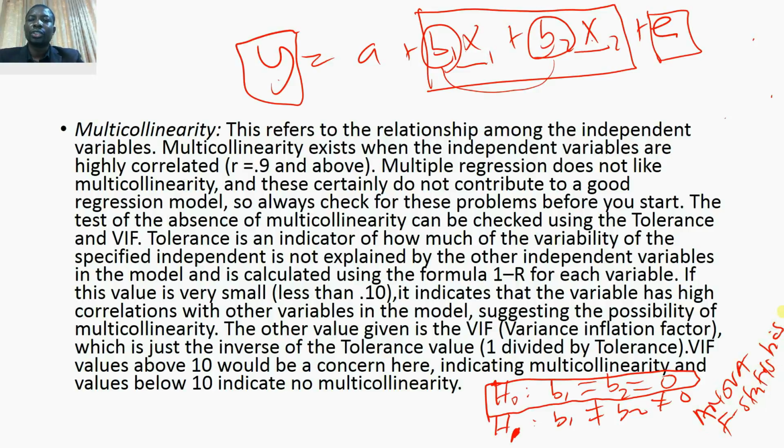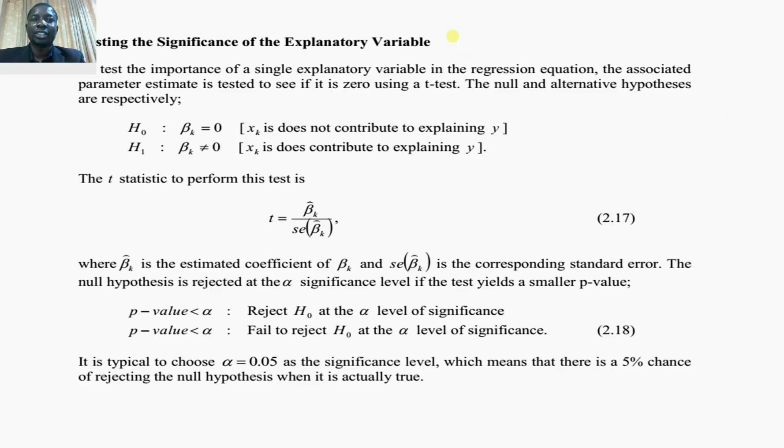Okay, so that's what you have to check. Then when you finish, you can also check the null hypothesis on each of them one by one. You can check on this one, and that is where you have to test for significance. So you are checking whether the coefficient, so for example, if it is y equals a plus b1 x1 plus b2 x2 plus e, then we need to check one by one the